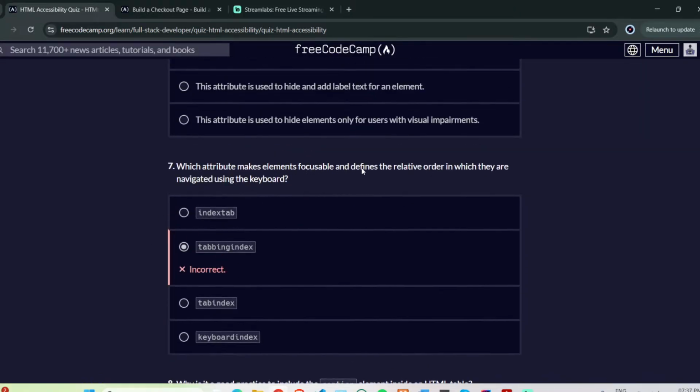Which attribute makes the element focusable and navigable with the keyboard? Tabbing index is the wrong answer. So let me check this one. I don't know this one. So